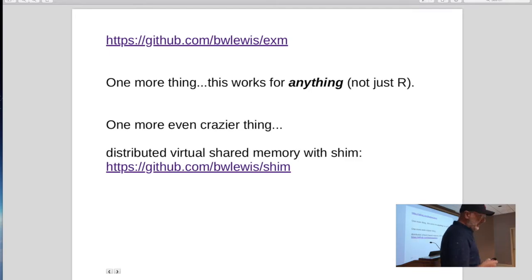Then there's another thing that's even older. This dates back to 2005. And you can use this with EXM, this shim program. Shim is actually a Linux kernel module. It's really a file system that lets you present a large or small cluster of computers. It lets you glue all of their RAM together in a virtual pool of RAM